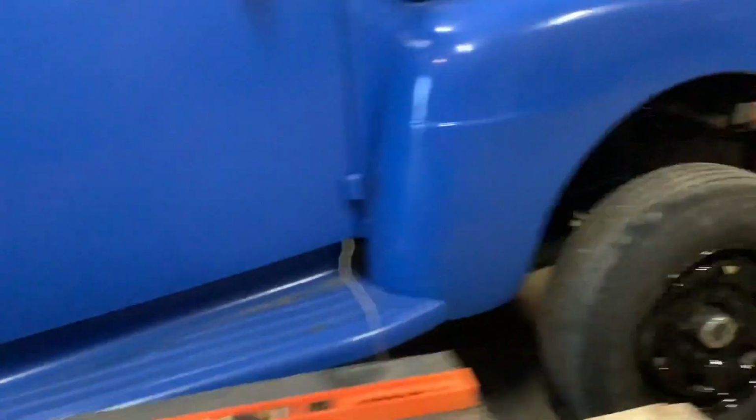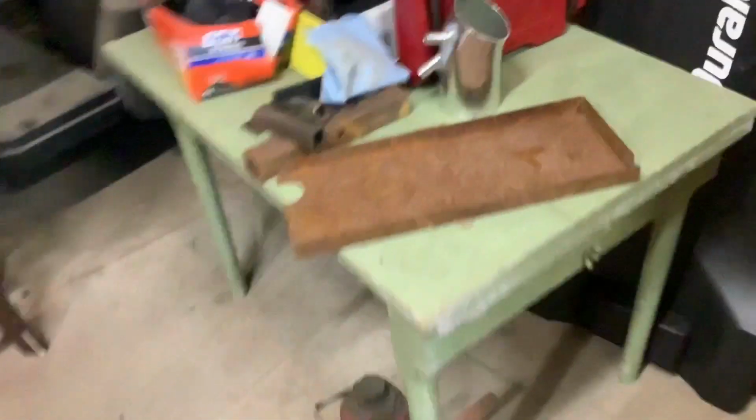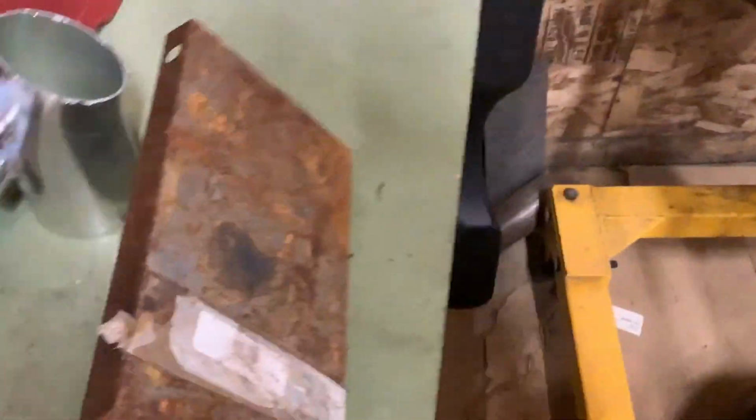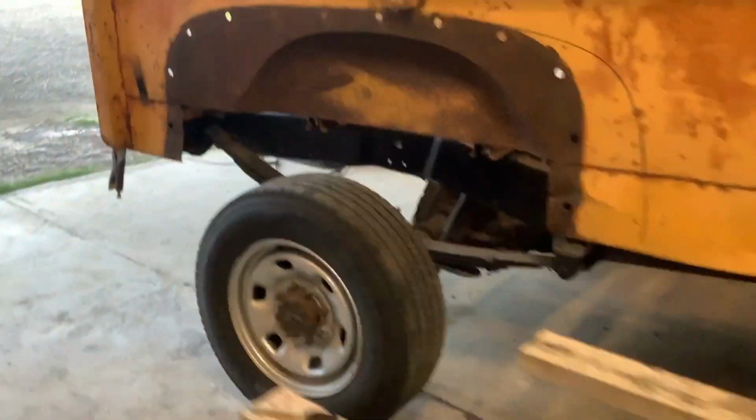So where is that piece I had? No, it's right here. So this is an extension that came with a truck I bought. There's some Ford parts, early Ford parts, came from LMC. So this is the same thing that would be on a similar truck, 48 to 52, but